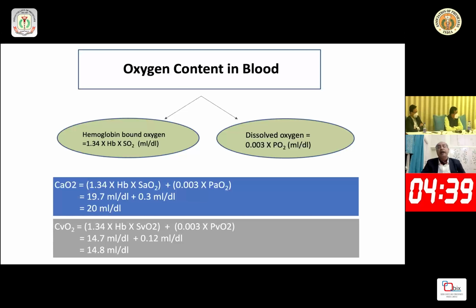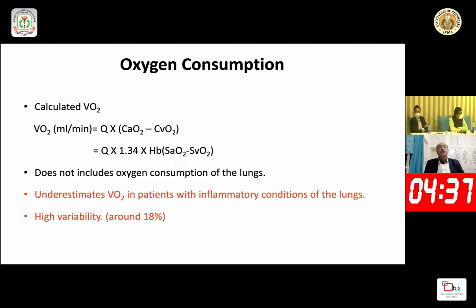But another variable, the cardiac output, comes into play. So you start looking at the consumption, you calculate how much oxygen has been consumed; Q is your cardiac output, and that is multiplied by the difference, as I said earlier, between the arterial content minus the venous content of oxygen. It does not include the consumption of the lungs, but from the hemodynamic and clinical parameters, when we are looking at the etiology behind the hypoxemia and oxygen devices, or the delivery of oxygen and utilization at the tissue, it becomes practically much easier for us to do at the bedside.